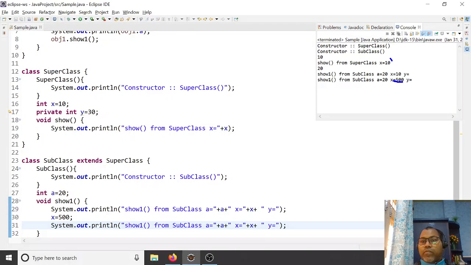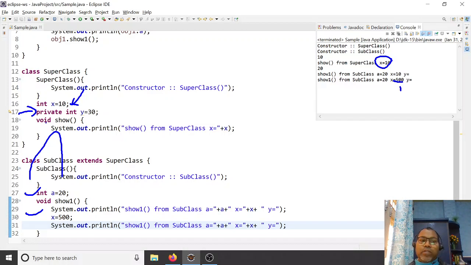Your superclass defined 10 and the subclass can change it. So always prefer all fields to be private, unless some business requirement needs it to be inherited by the child class or subclass and modified.